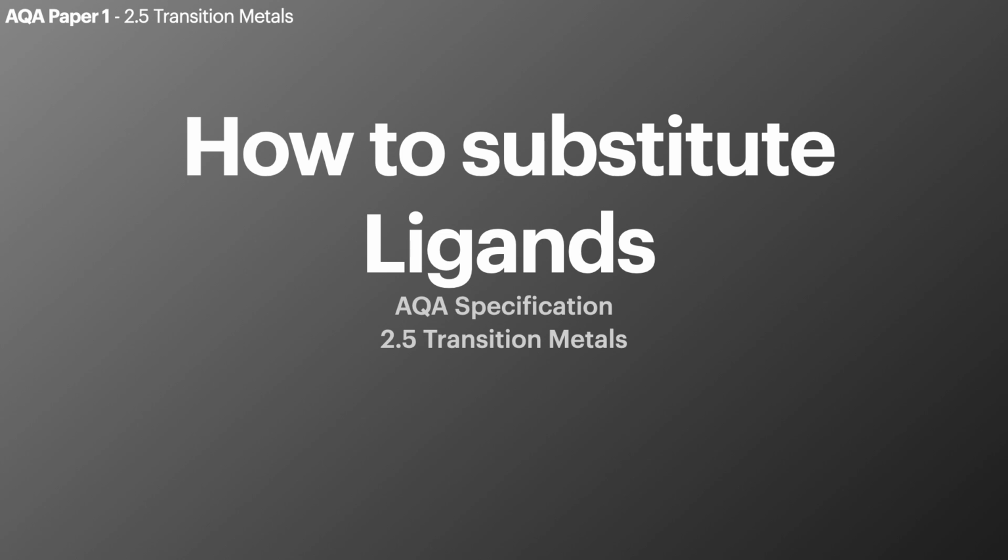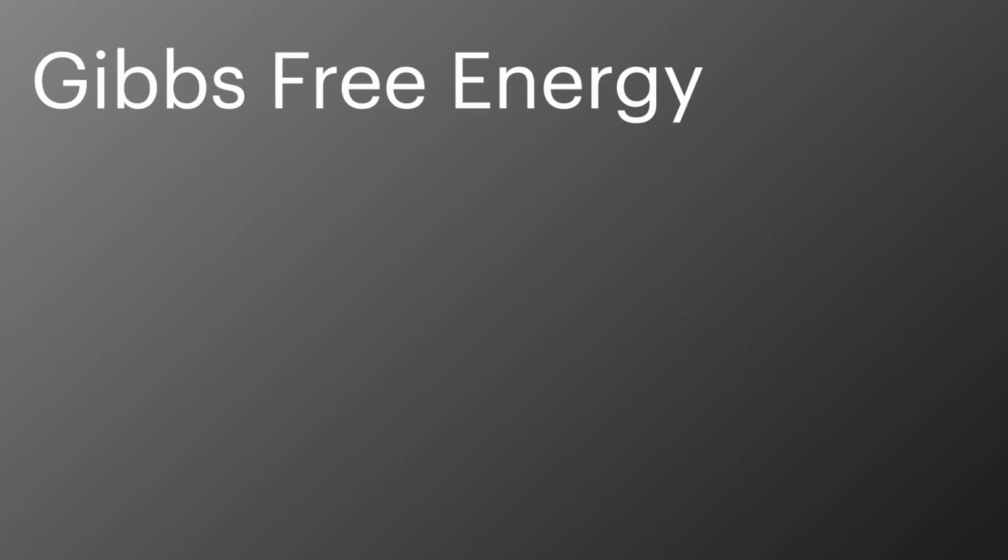We are looking at how to substitute ligands in transition metal complexes. This is 2.5 on the AQA A-level chemistry specification and it's going to appear on paper 1 of your final exams. So before we jump into this idea of substituting ligands, we're first just going to have a quick recap